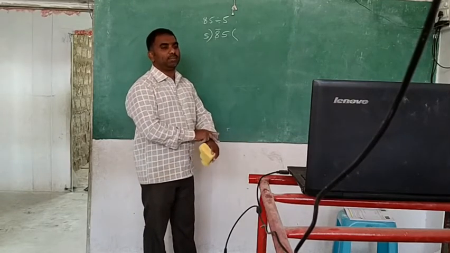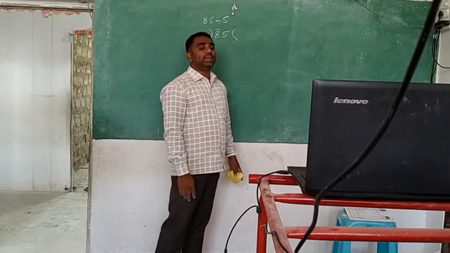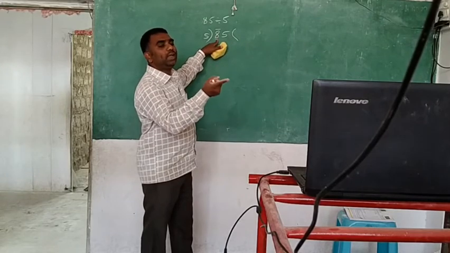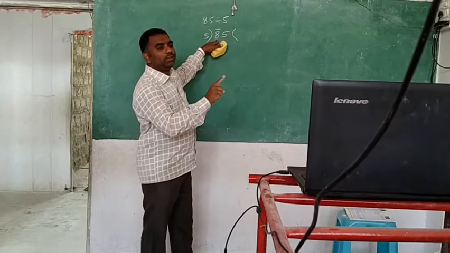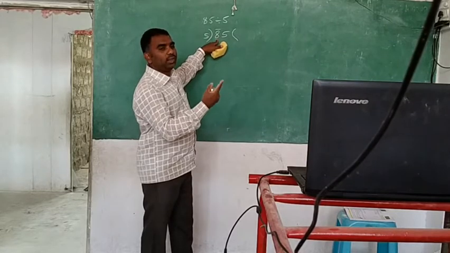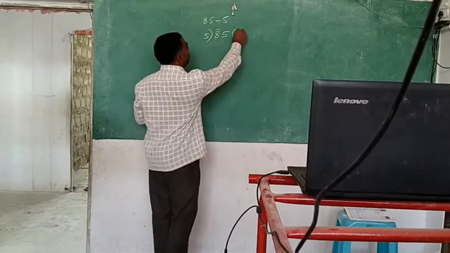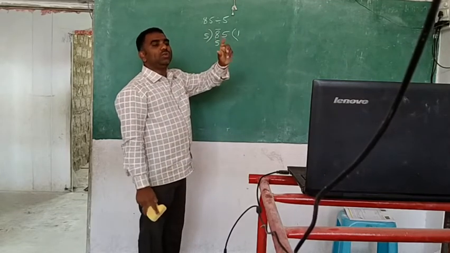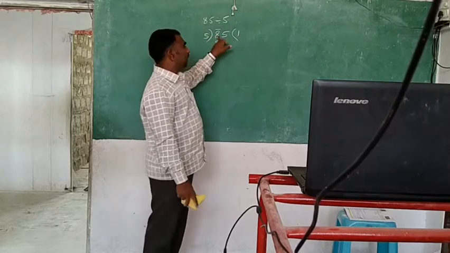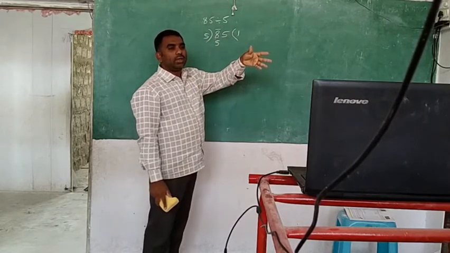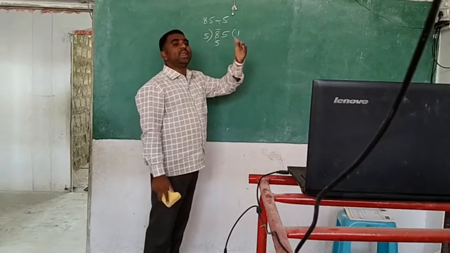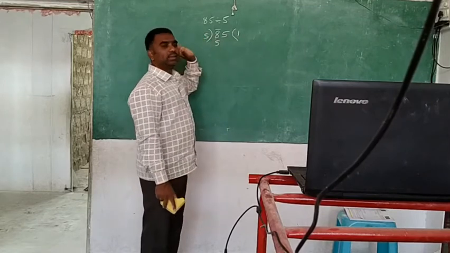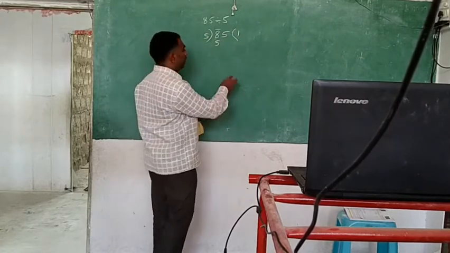5 ones are 5 will come. 5 twos are 10. 10 is more than 8. You should not take more than 8, you should take less only. So 5 twos are 10 is more. That's why I will take 5 ones are 5. So you will read the table in your brain and check it. Exactly if it comes, okay. If not, next which is coming less, that you take. 5 ones are 5. Sharanya, watch it here.